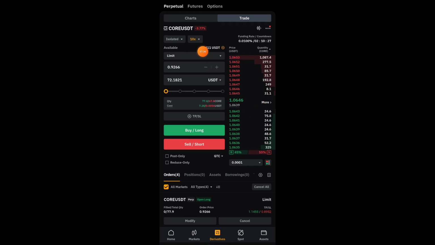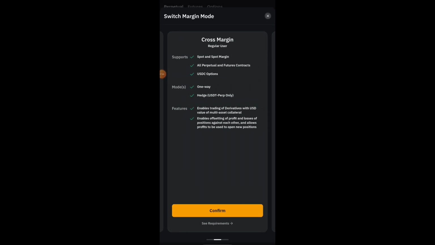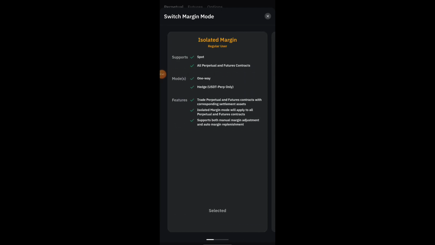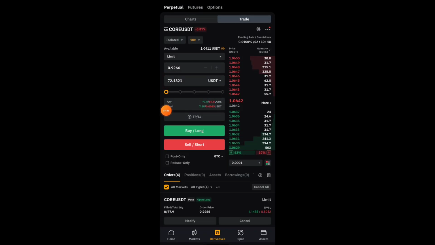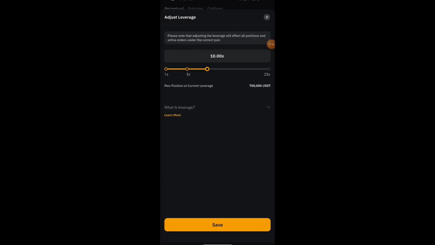First of all, make sure to switch this from, normally it should be on cross margin. Switch from cross margin to isolated margin. I don't have time to explain that, but it's just to benefit you more. Switch to isolated margin. Having done that, if you are starting, this should be on 10x leverage. But if it's not on 10x leverage, set it manually because you are just starting and you need to understand